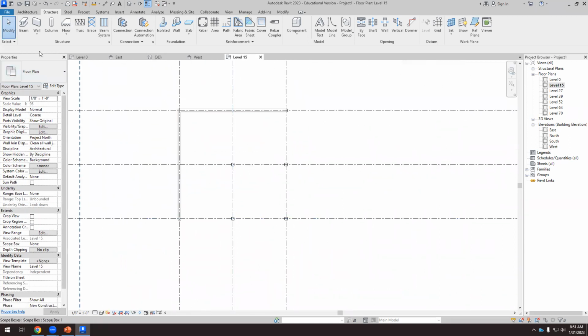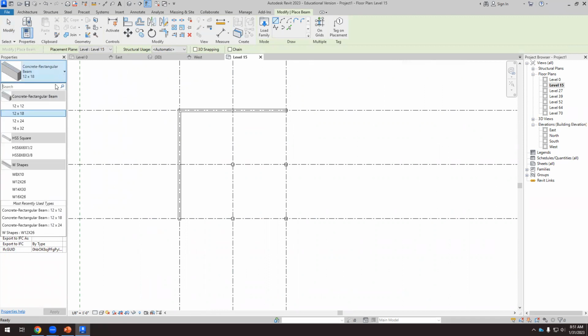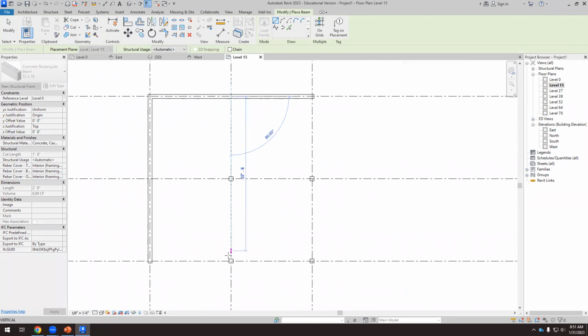And now here, we're going to work with beams. Again, we have to calculate that. We have here 12 by 12, 12 by 18, 12 by 24. Let's use this 12 by 18. And we need beams here,